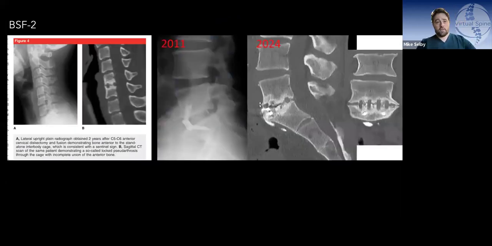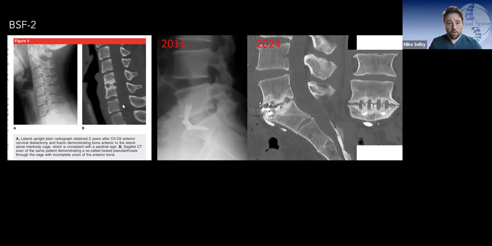So at a BSF2, it gets a little bit more complicated. And this figure on the far left is from my JAOS publication. And this shows basically a locked pseudarthrosis. And this was an ACDF done with a standalone PEEK cage and bone grafting. This patient was